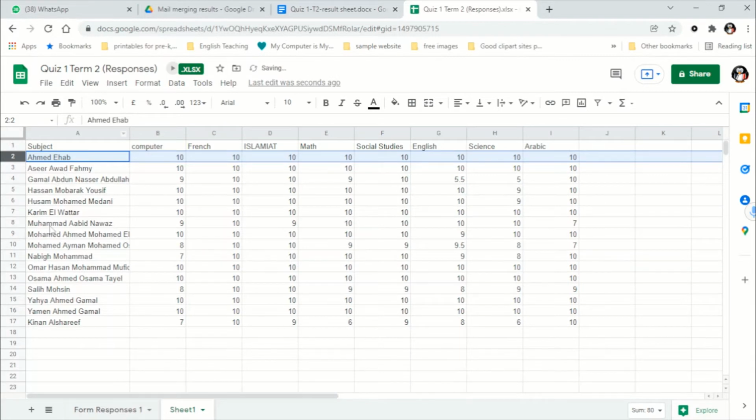And you can see here now the names of students have become the row headers. So in order to double check that there is no problem in the marks while transposing it,